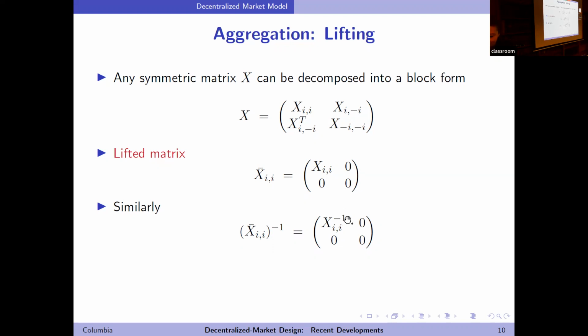This large matrix has the dimensionality n times k by n times k in the specific example that I gave. We will denote the lifted matrices with a bar. That's what the bar meant on the previous slide. Similarly, we can define the inverse of this matrix with a slight abuse of notation. We've just restored the common dimensionality of equilibrium demands by treating them as objects that live in the space of all assets traded in all exchanges. For all traders now, these matrices will have the common dimensionality. We can aggregate them.